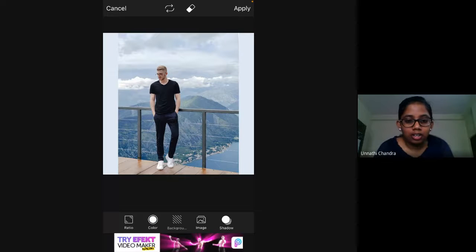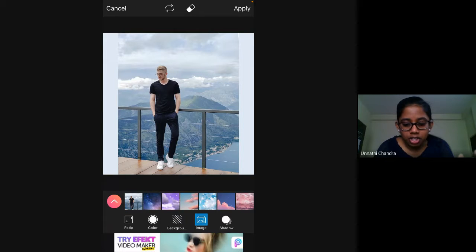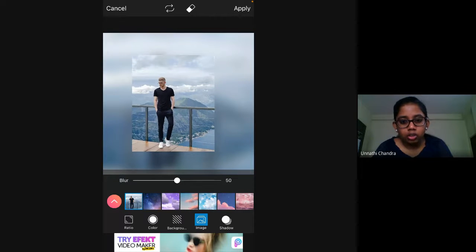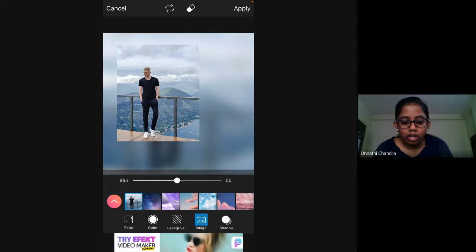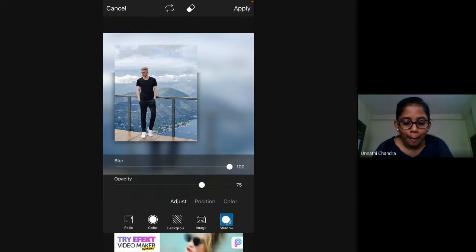previously for the text, or you can go for image. You can select any image. If I select this image, it will come as a background. You can blur it out or leave it as it is. You can use this image itself, and then place it wherever you want and blur it out or leave it as it is, depends. Shadows basically will come, a shadow effect will come around the photo. And yeah, that is the fit feature that we have.